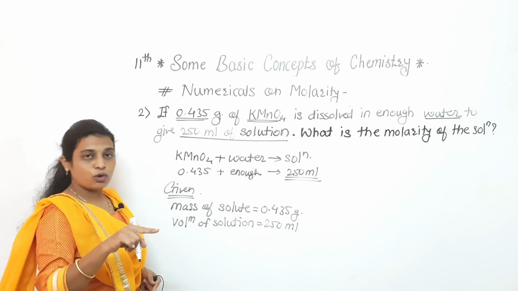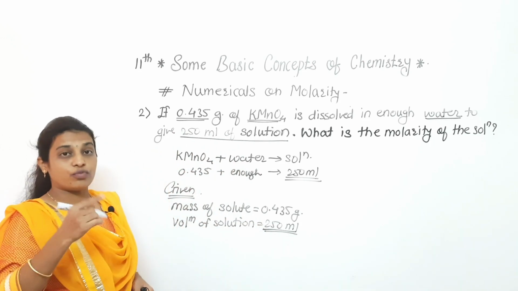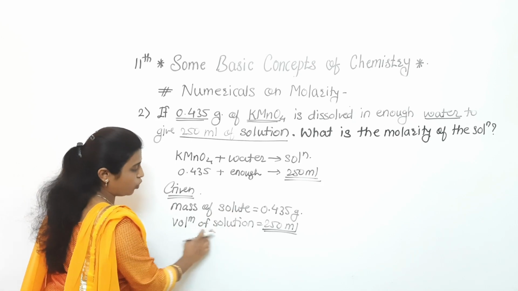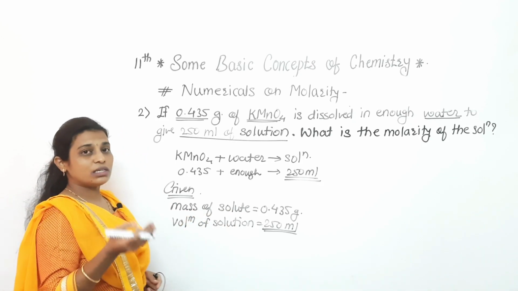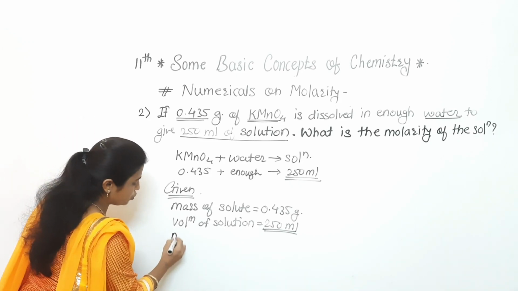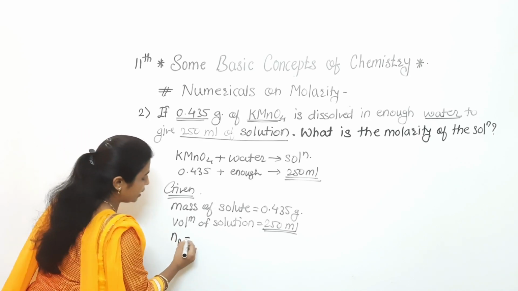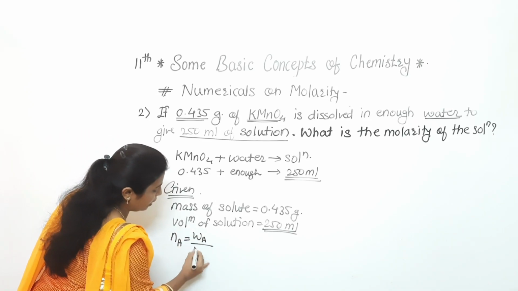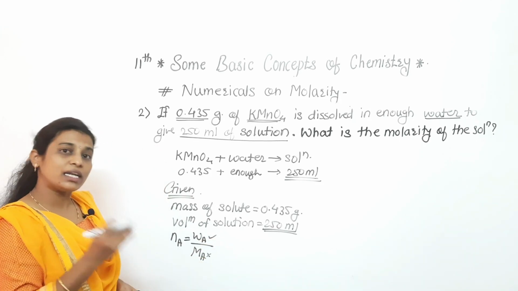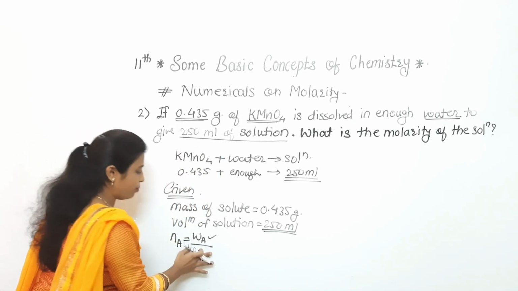See, in the first problem that volume was in liter, but here now they have given in ml. So we have to change the formula also. So mass of solute is completed, volume of solution is also completed. Now see, in that formula number of moles of solute is required. For that number of moles of solute we are writing the symbol Na. Na is equal to Wa divided by Ma. We are having Wa but we don't have the Ma. So we can calculate it but we don't have it in the given content. Now see how to find out that Ma.